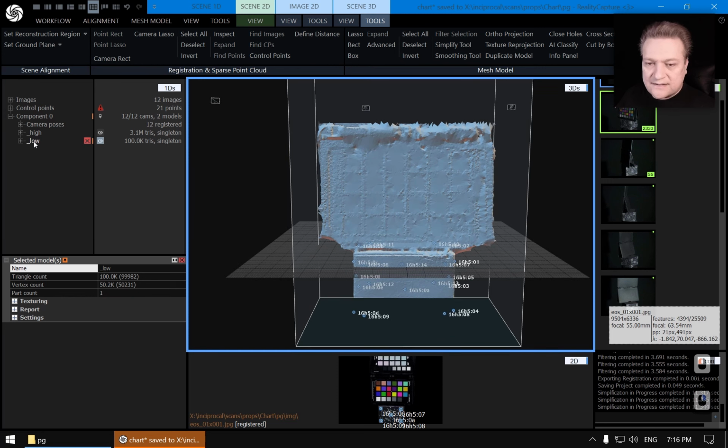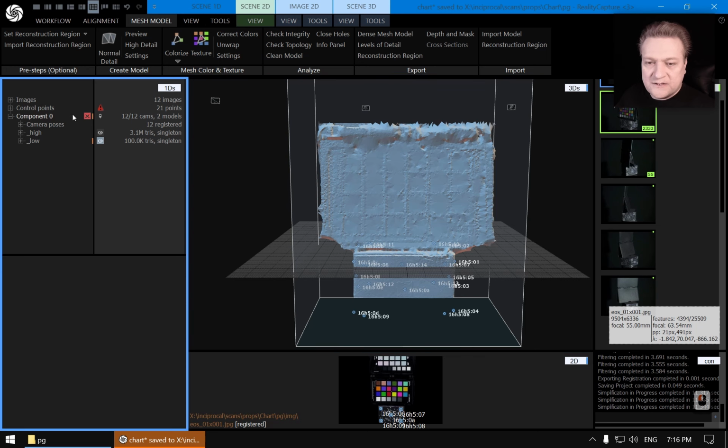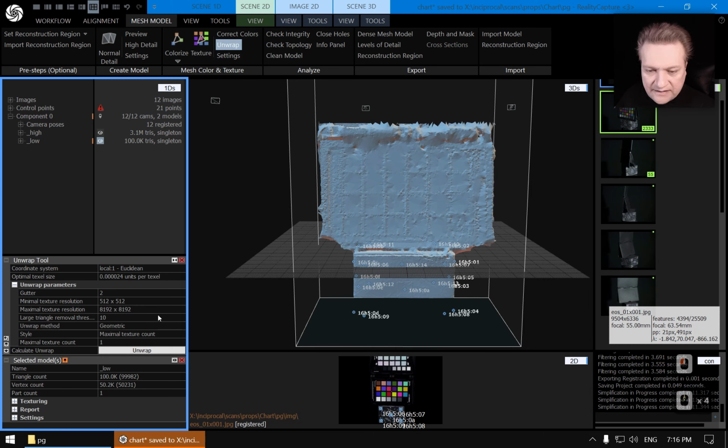And at this point, we now want to go to mesh, and we want to do unwrap to generate a UV texture set there. And we specify some gutter, which is the distance between these UV charts. Max resolution is 8K, and an important parameter at this point is maximal texture count is 1. Even though we support UDIMs and other sets of textures, it's a bit easier to work with when you have a single texture to start with. So let's click on wrap